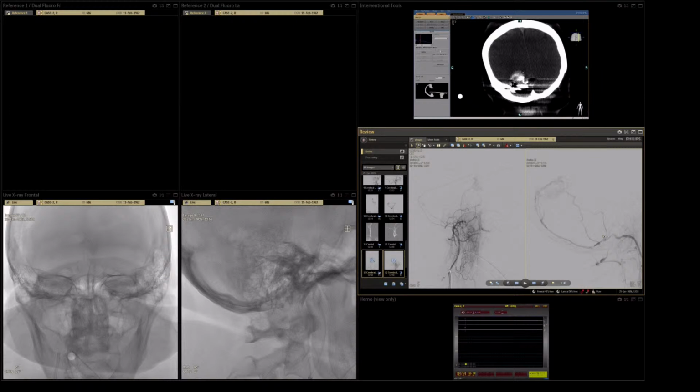Yes, now we took out the 6 French from the Neuromax, and now we will go to the Jerry or Baltic wire, just in case. Because